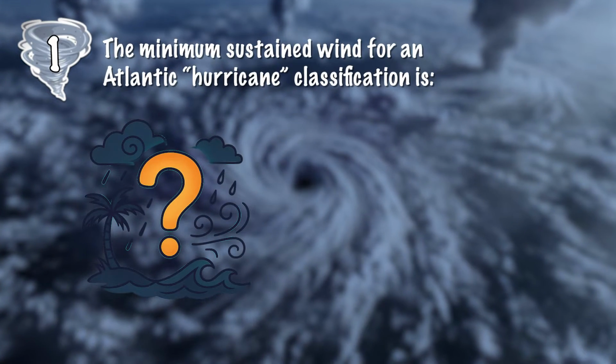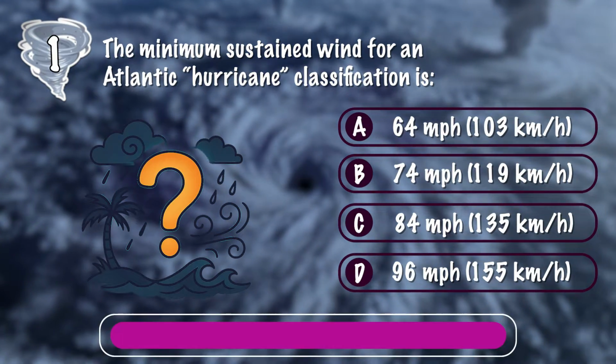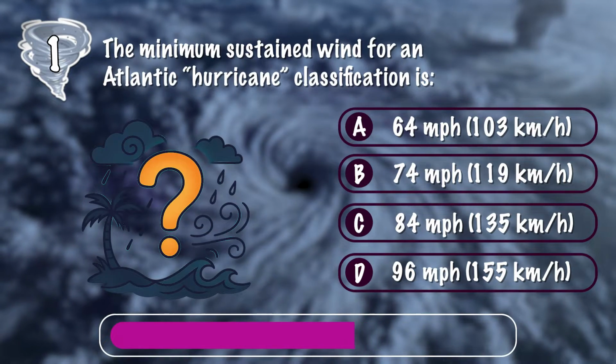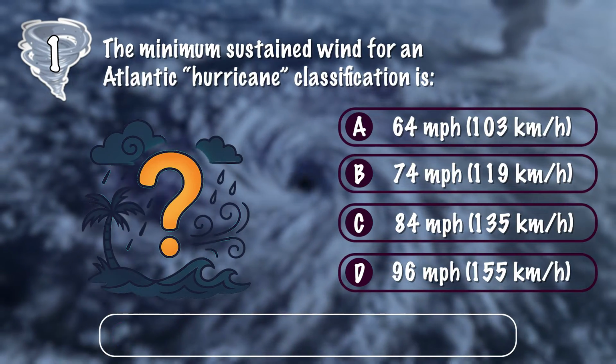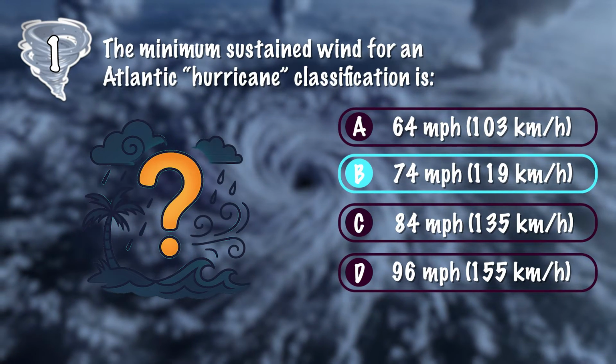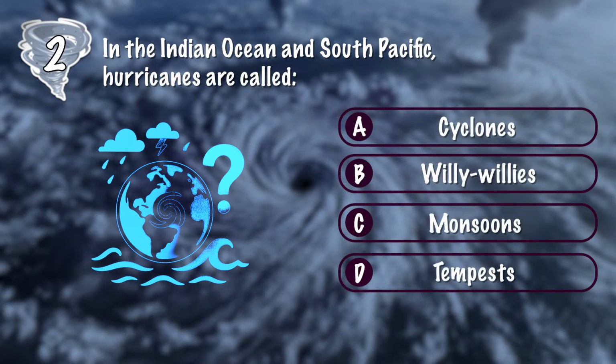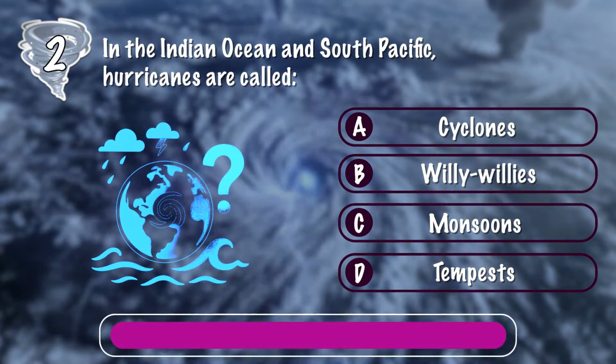The minimum sustained wind for an Atlantic hurricane classification is correct answer B, 74 miles per hour. In the Indian Ocean and South Pacific, hurricanes are called